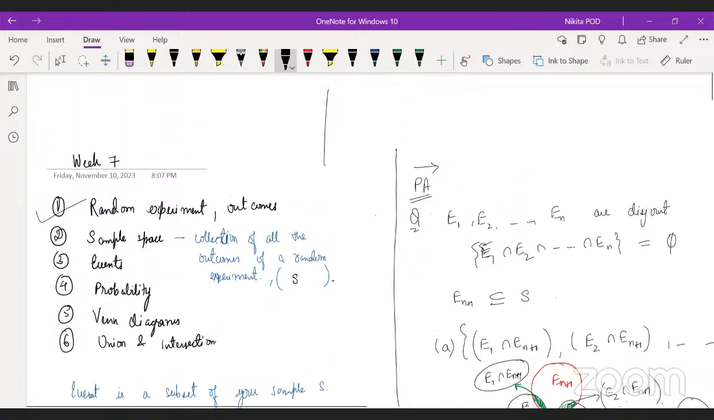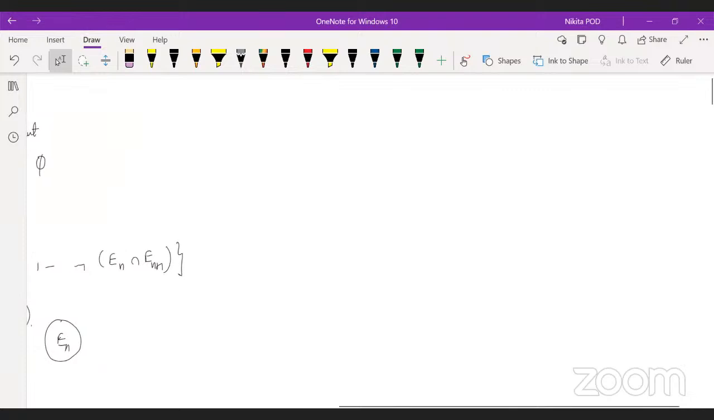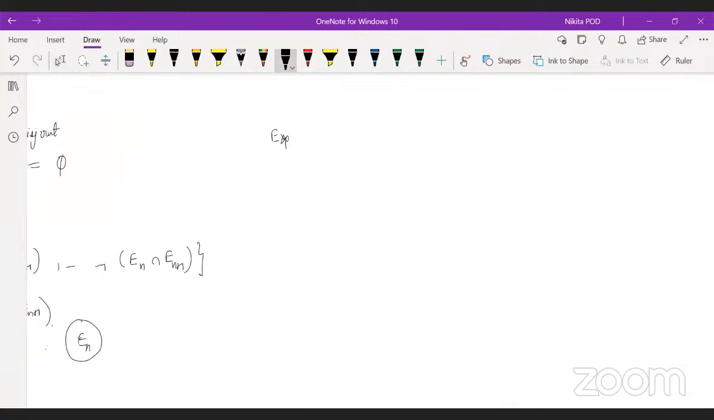For example, when the experiment is rolling a fair die, what will be the sample space here? All the outcomes: 1, 2, 3, 4, 5, 6. The set of all the outcomes, 1 to 6. This is what you call the sample space. Whatever outcomes are possible, the collection of all those outcomes, when you write it in set form,